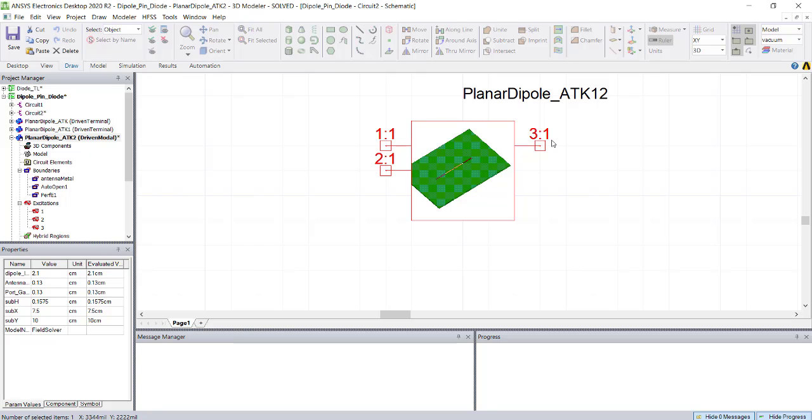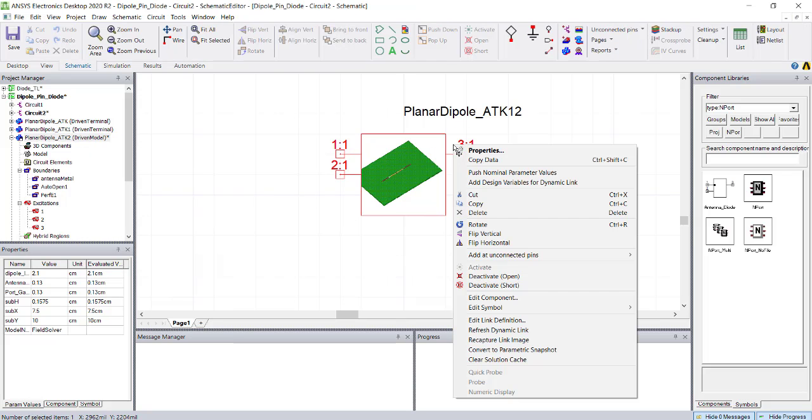But the problem here is we probably need pins with two terminals. Each pin should have a reference. Otherwise, where will we connect the other end of the diode? So how we can do that is right click over here and go to edit link definition.